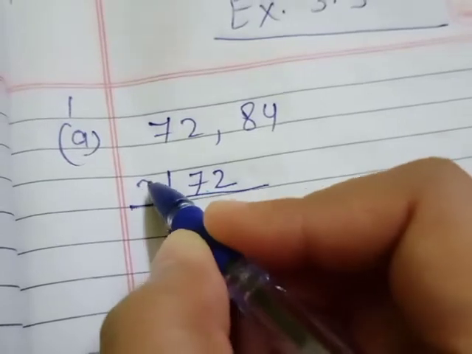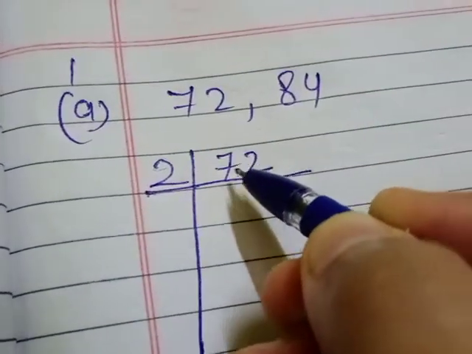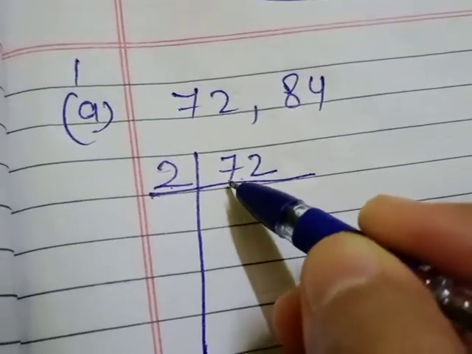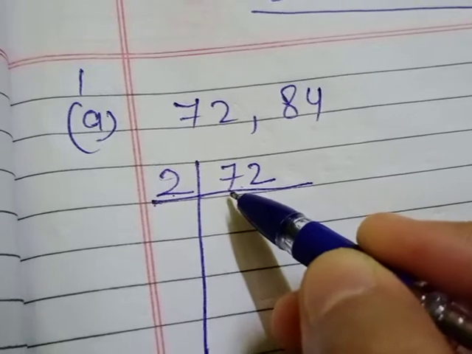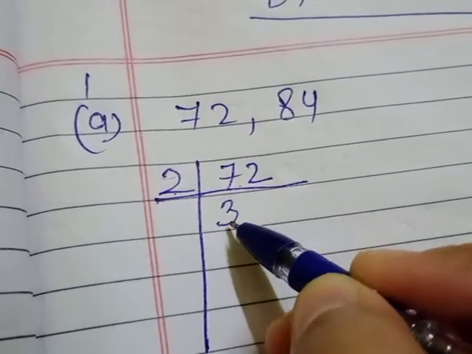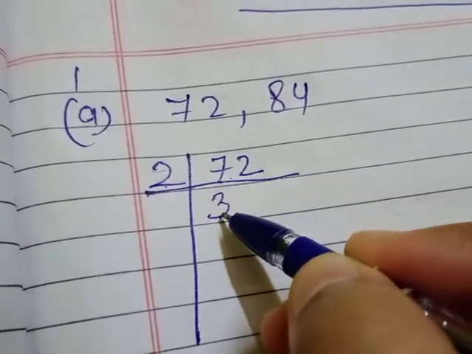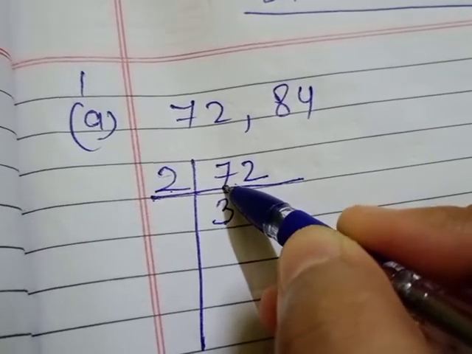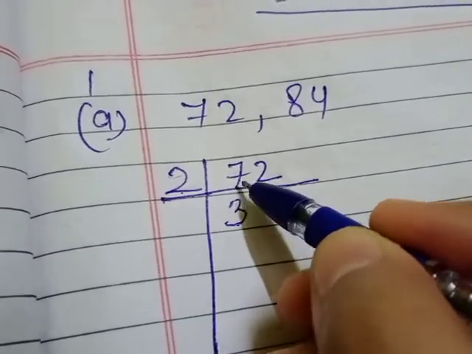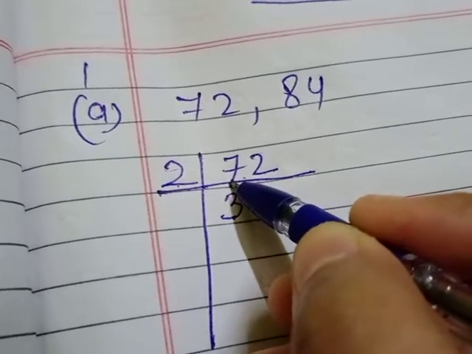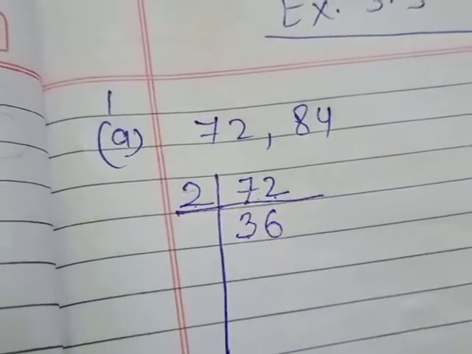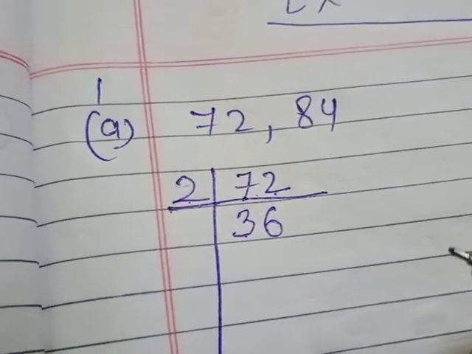So we will write here 2. We are dividing this 72 by 2. In the table of 2, you see the first digit first. 7 is coming? No. 3 times 6 is coming, right? So we will write here 6. We will write here 3. Then what is remaining here? 1, because 2 3 times is 6. 1 is remaining. That 1 is shifted to the next digit, which becomes 12. Now 2 6s are 12. Like this we do the HCF solution.